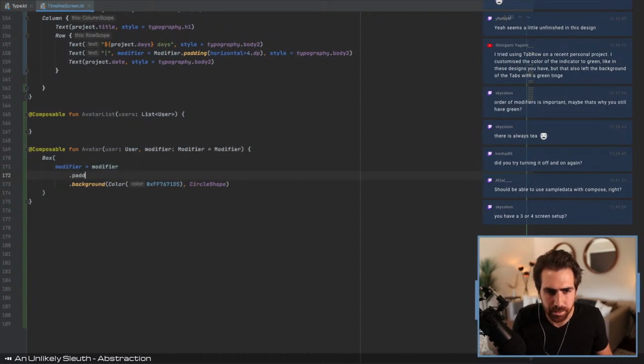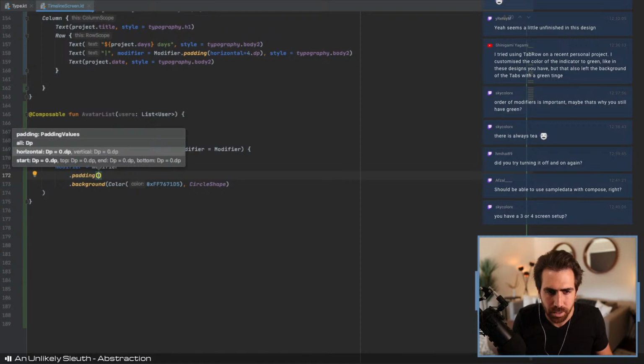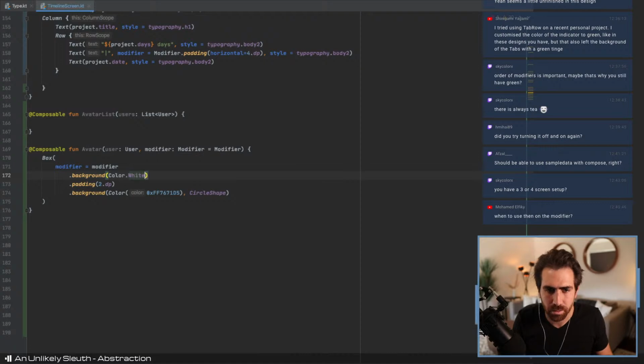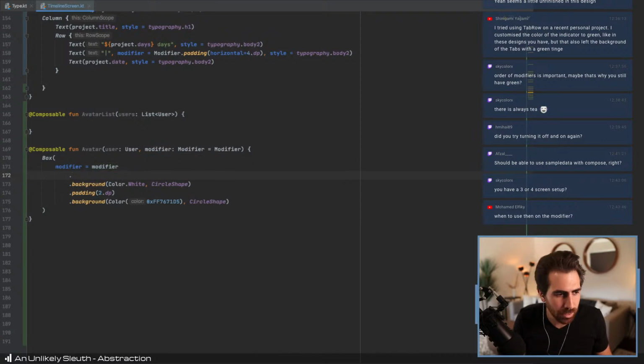And then I'm going to add some padding around it, which will say 2dp of padding. And then I'm going to give it another background color white, and also the circle shape. And then this just needs some sort of a width here. So,